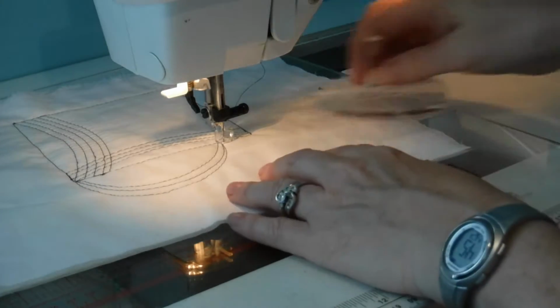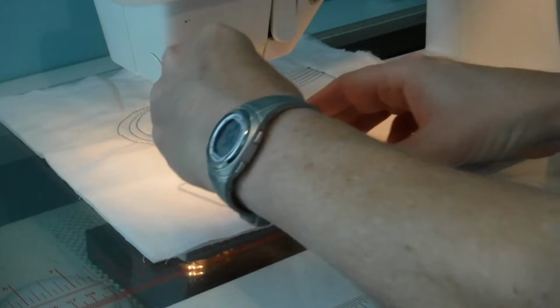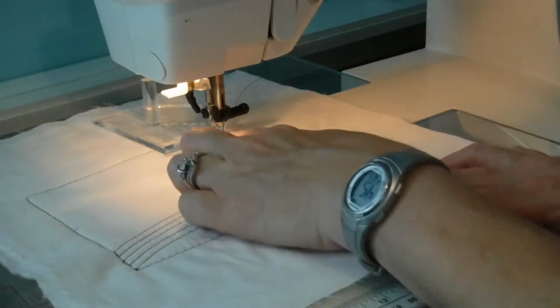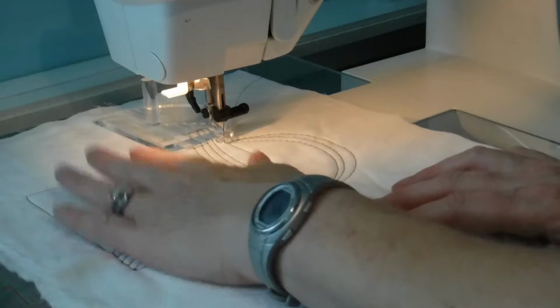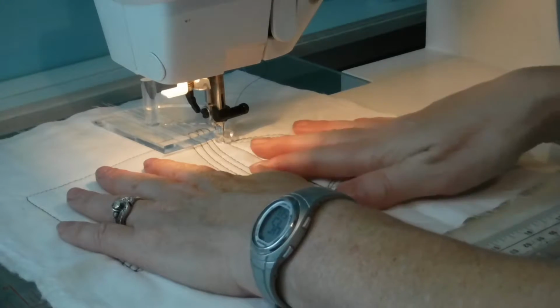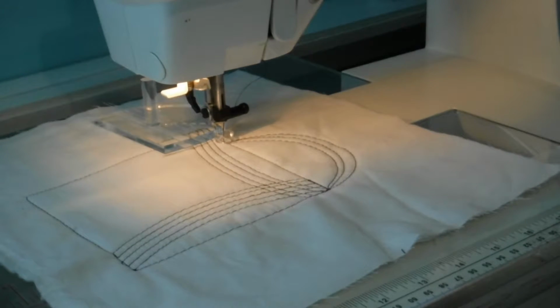So I would do that again, going this way, turning it this way so I can go across, or I could turn it all the way this way, and that's probably the best. I like having the ruler on the left side of the needle and holding it with my left hand. It seems to work better for me and helping to move around the fabric with my right hand, especially when doing these swags. So that's how you use the fine line rulers, all 3 different types, on a domestic machine